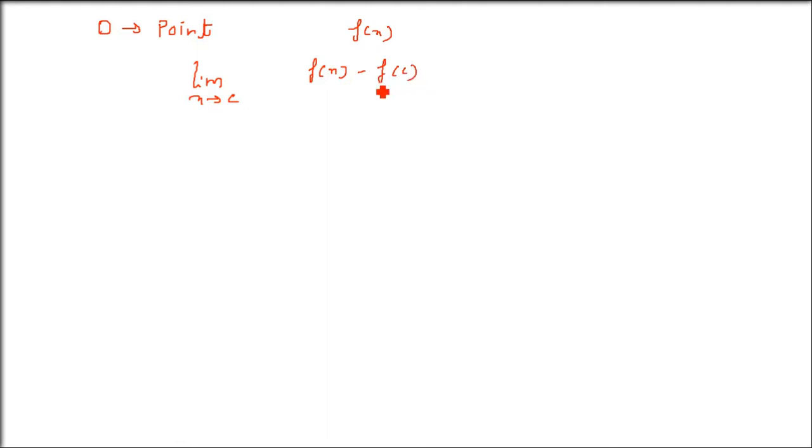So we said (f(x) minus f(c)) by (x minus c), and this whole limit, where c comes from the interval (a, b) in which this f(x) is defined. We called this the derivative, f dash c, f dash for the differentiation. So f dash c is the differentiation at a certain point c.